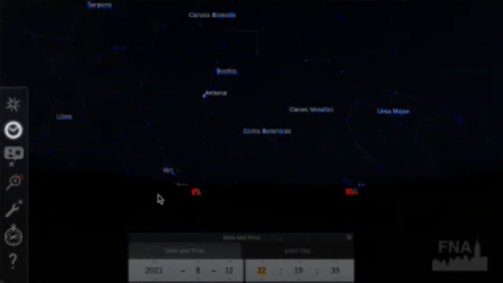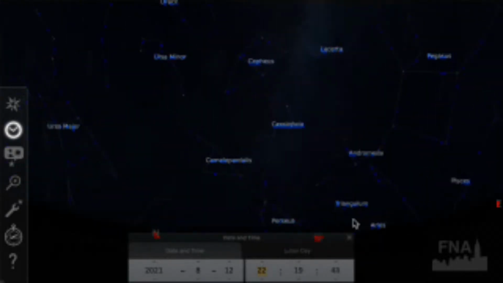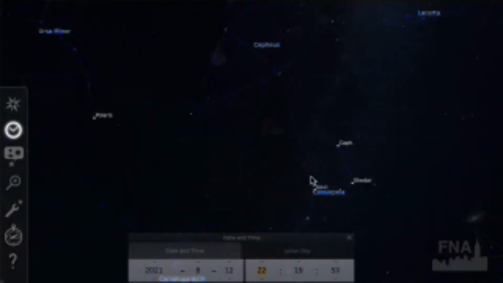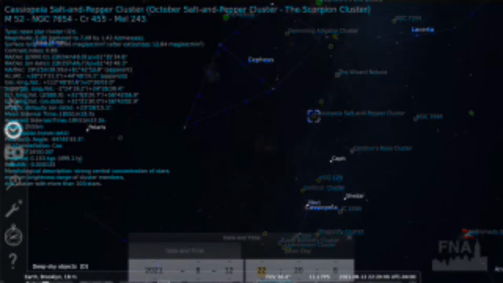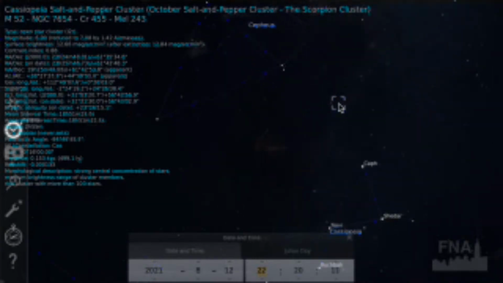The other one that I believe I've mentioned a few times, because last I checked it still hadn't faded, and it's actually in Stellarium, is the nova in Cassiopeia. So if we look up into Cassiopeia, I was finding it by looking for M52, what Stellarium calls the Salt and Pepper Cluster. So we're kind of looking in the plane of the Milky Way, so there's lots of other clusters and fun things, a bright stellar background.